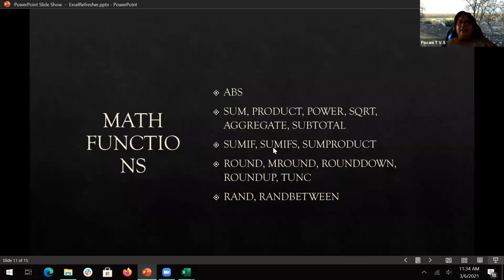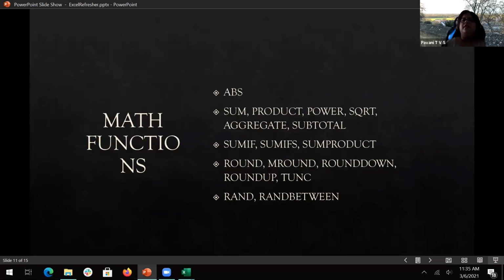And I will get into details with SUMIF and SUMIFS, which I want to talk about. ROUND and MROUND are nothing but rounding of decimal numbers. I'm not going to go into more detail, it's just decimal numbers, so you can go through it.